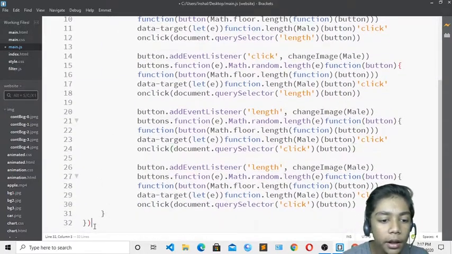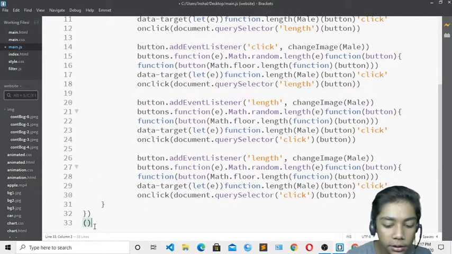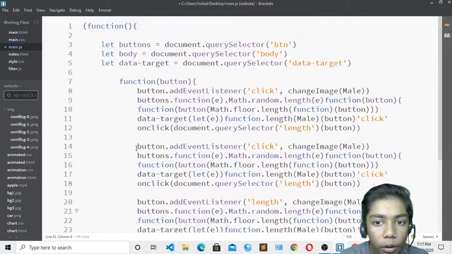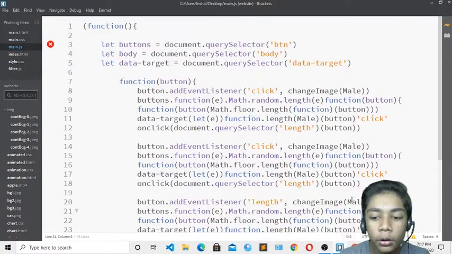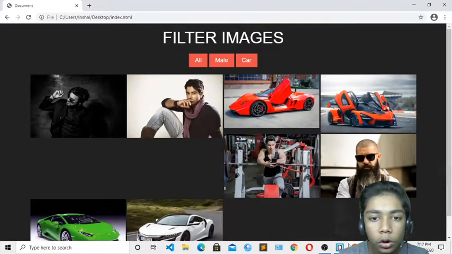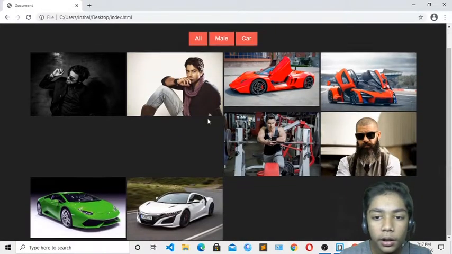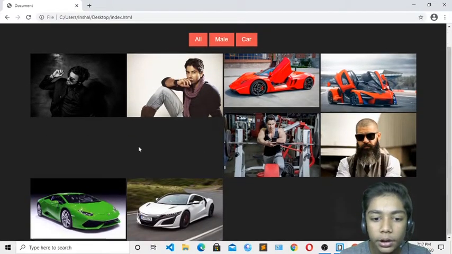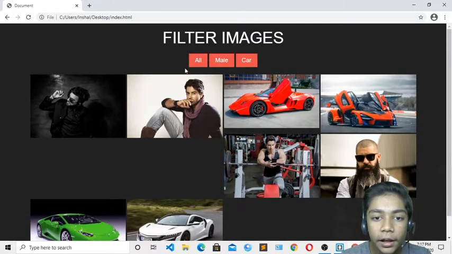Now when you have done that, come underneath and write this, then close that, close that and press enter. So now it will be good. Just save and it will be looking really good if I show you. Over here you can see now we have all the images of car, then there are images of mail which I have written. This is all styling and it is looking really cool.